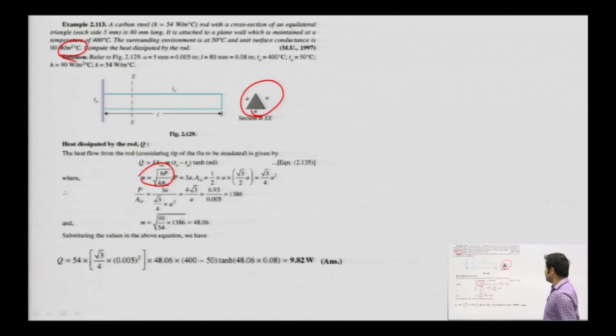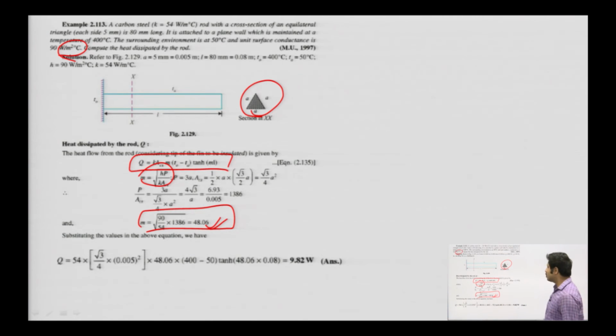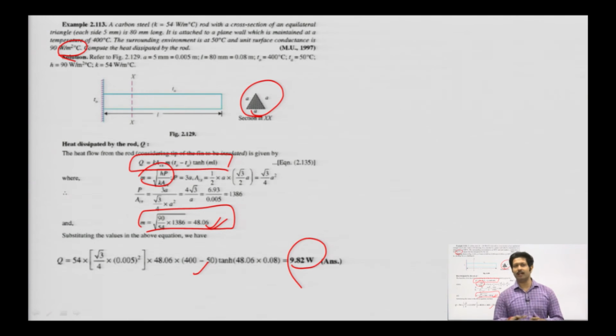It's a simple mathematical correlation, simple mathematical juggling, I may say. You will get the fin parameter as 48.06. Substituting the same values in this equation, which is the parent equation of heat transfer through a fin when the heat has to encounter the insulated tip, just put the values here and you will get your heat. Simple, friends. By now I think you would be able to do all the numericals related to this topic. The numericals are quite simple.